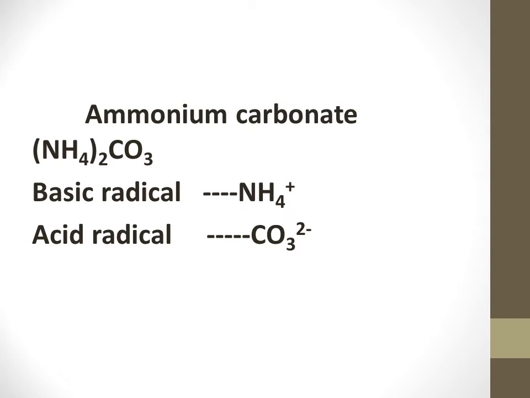So remember, the radical which is derived from a base. You may be remembering about base or alkali. Examples of alkalis are sodium hydroxide, ammonium hydroxide, calcium hydroxide, magnesium hydroxide, and we have bases like metal oxides, called bases: magnesium oxide, zinc oxide, calcium oxide, etc. So radicals derived from these bases are known as basic radicals, and a radical derived from an acid is known as an acidic radical.